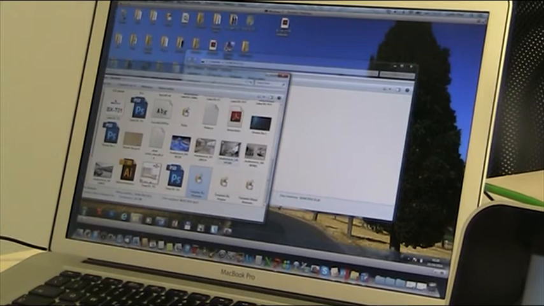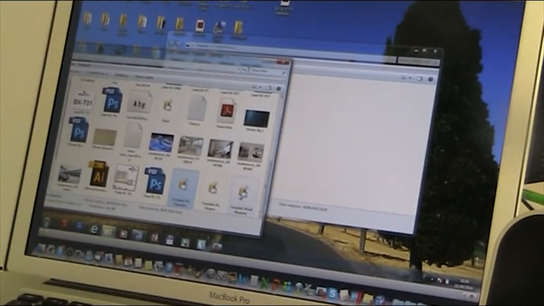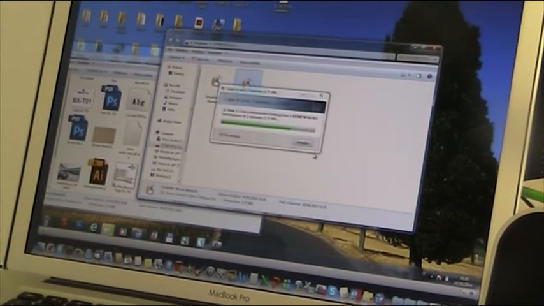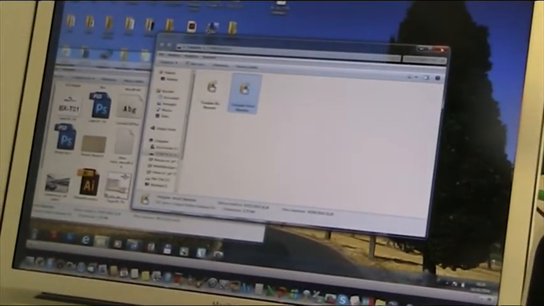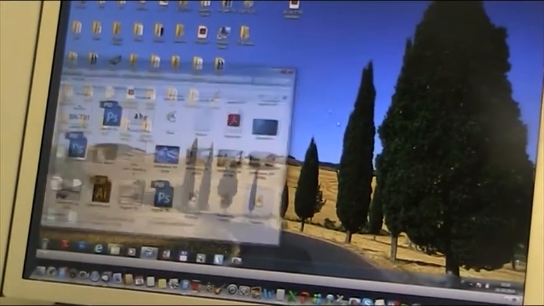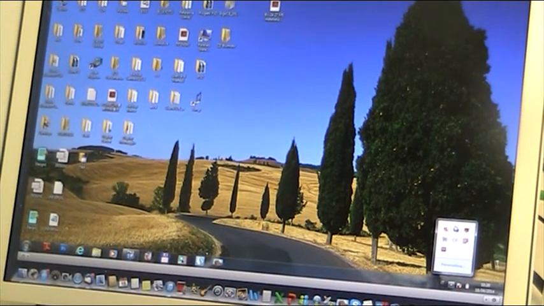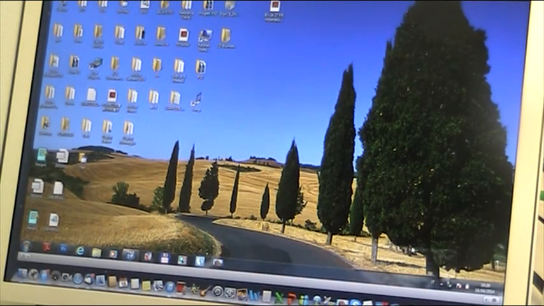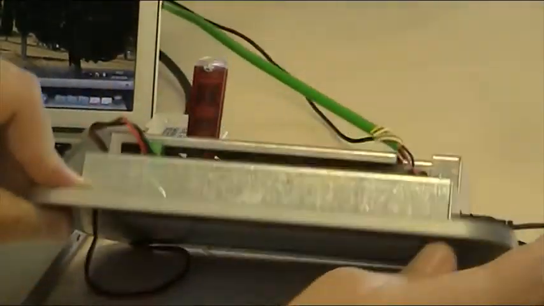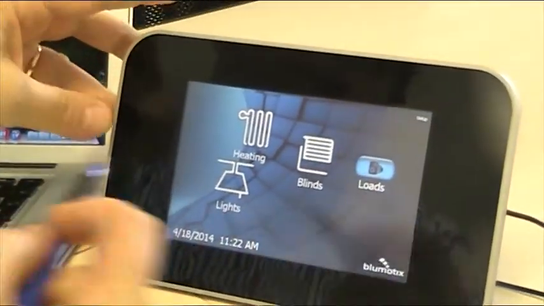Well, we can try to use a different example. Okay. Well, and now I insert the pen drive in USB port. I can push